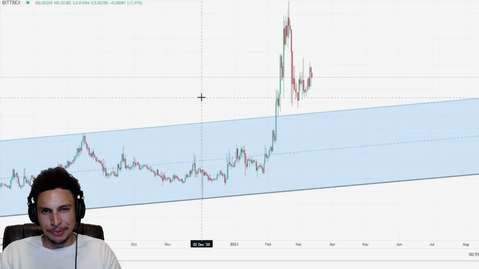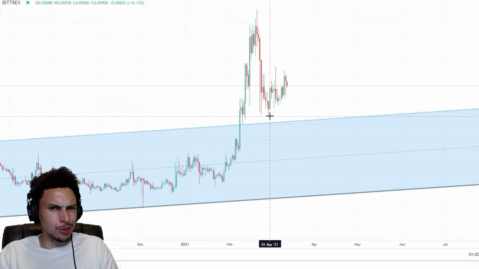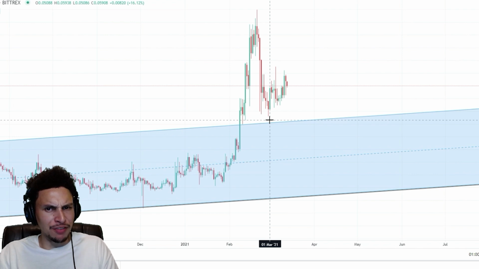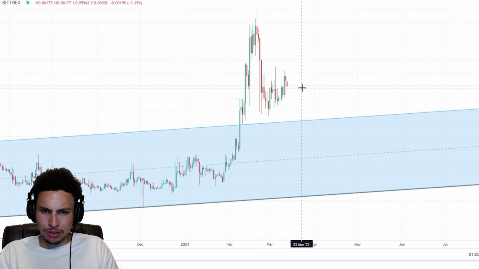And I don't think this little crash right here is gonna kill it. But let me go ahead and jump into the daily and show y'all. Because when we zoom up here, guys, DGB exploded up with the force of 1,000 suns and almost sat directly on top of the previous trading range at about 4.5 cents.